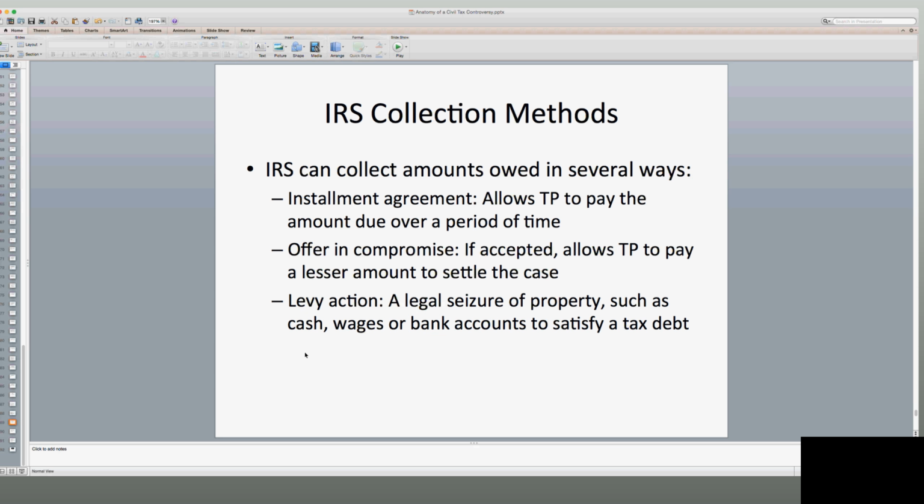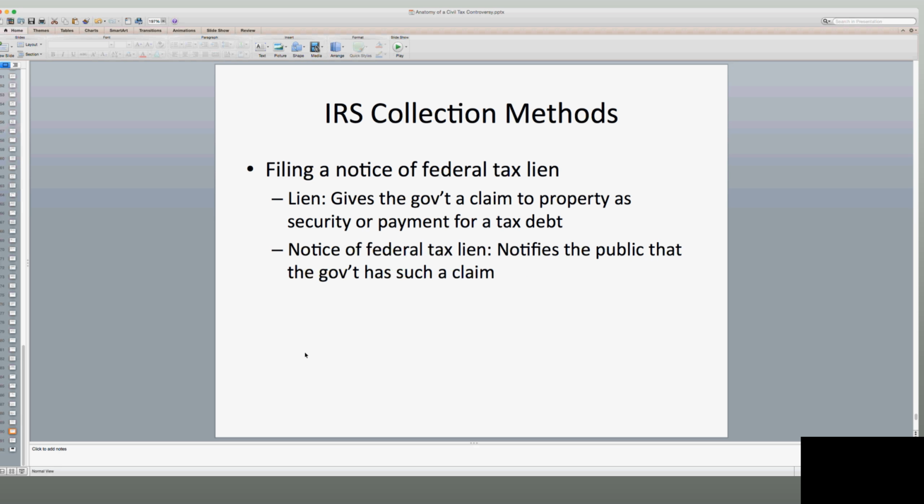And once we get to levy action, there's not very much we can do except make very strong pleas and attempts to forestall the inevitable from happening. And usually the inevitable happens unless the money can be produced according to the terms of the IRS. And in many cases that means a heavy lump sum payment now as opposed to 6 months from now. So the IRS is very serious when a matter has escalated as far as a levy.